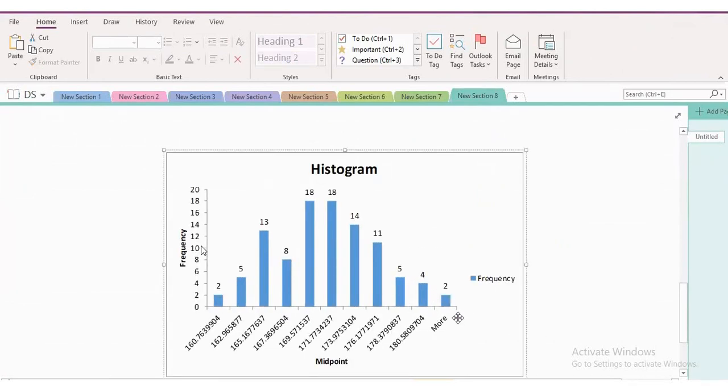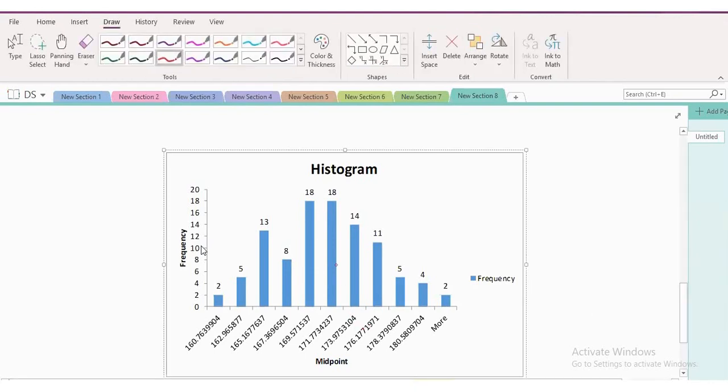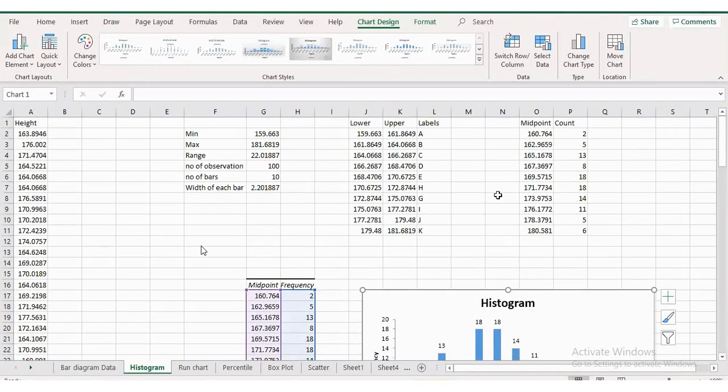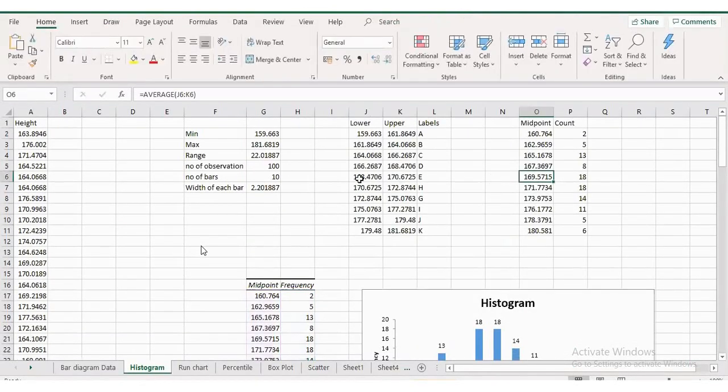I've taken the graph as it is. Now let us understand this graph a little bit more. Which interval is containing the majority of the people? That is this. Yes or no? What is this interval if you go and look at? Around 168 to 172, the majority of the people are there.